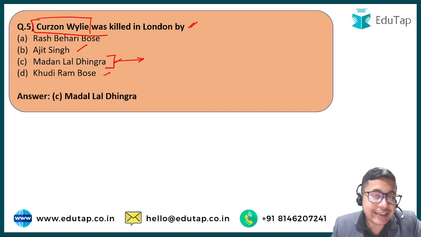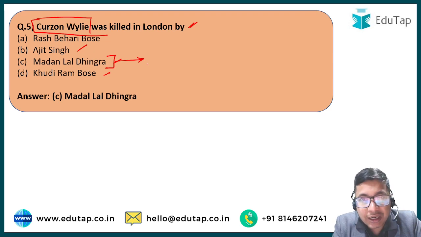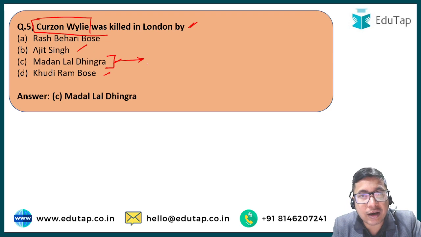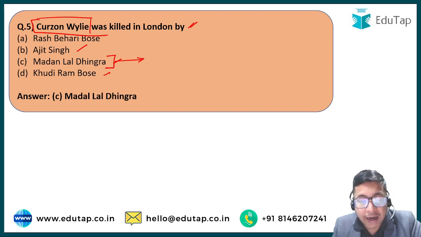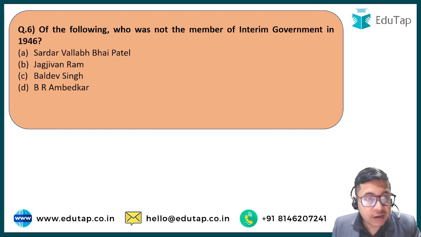He very directly said that yes, I am guilty of doing this assassination, but I am not guilty of any crime, because just like Britishers, they want to defend against the Germans who were then attacking the British islands or British lands. Similarly, I am also justified to attack Englishmen because they are illegally occupying my country. So this kind of speech which was made by Madanlal Dhingra got very popular at that time, and it also inspired many other nationalists, not only in India but also in Ireland and other European countries as well. Okay. Question number 6.